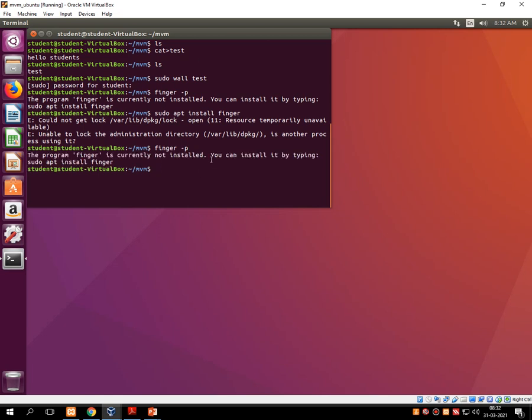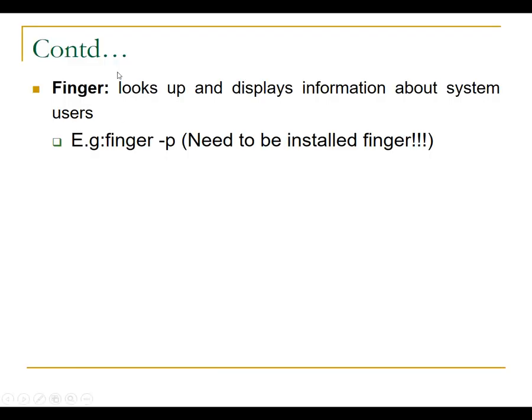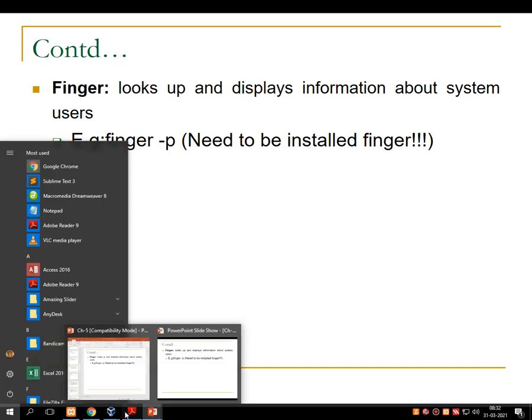Anyways, leave it. It looks soft and displays the information about the system user. Need to install finger first. Leave it.